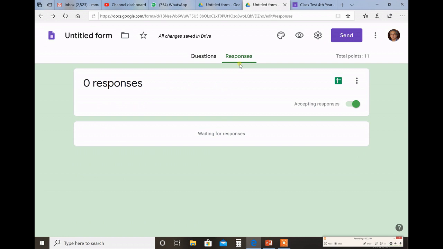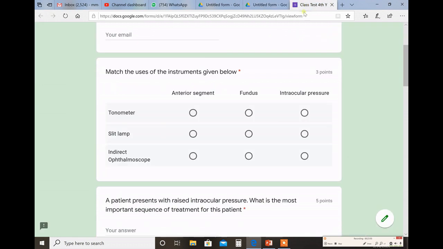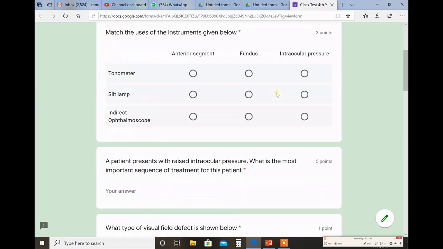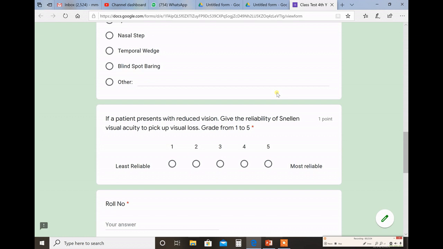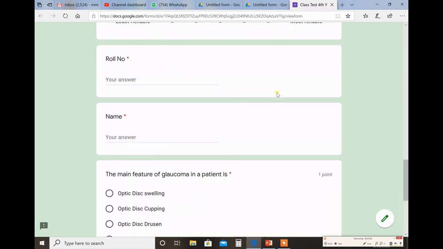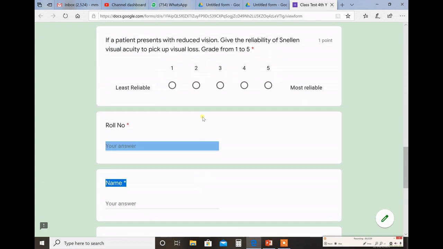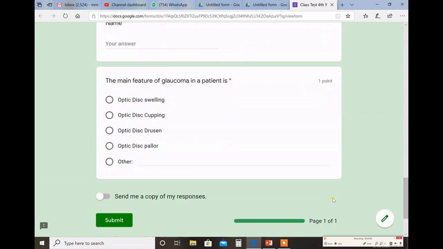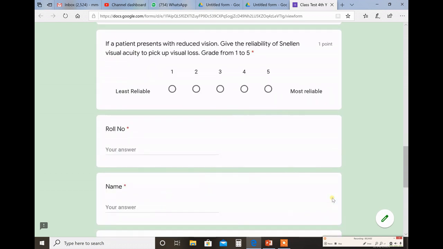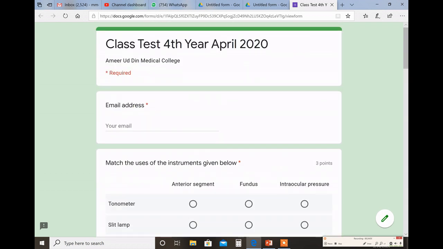So these are the responses which are available. You can go and see. It's still waiting for responses. You can go back to questions and you can go back to preview. Your email is given below, your roll number and your name is given here. So I don't know why exactly it is not giving this, but